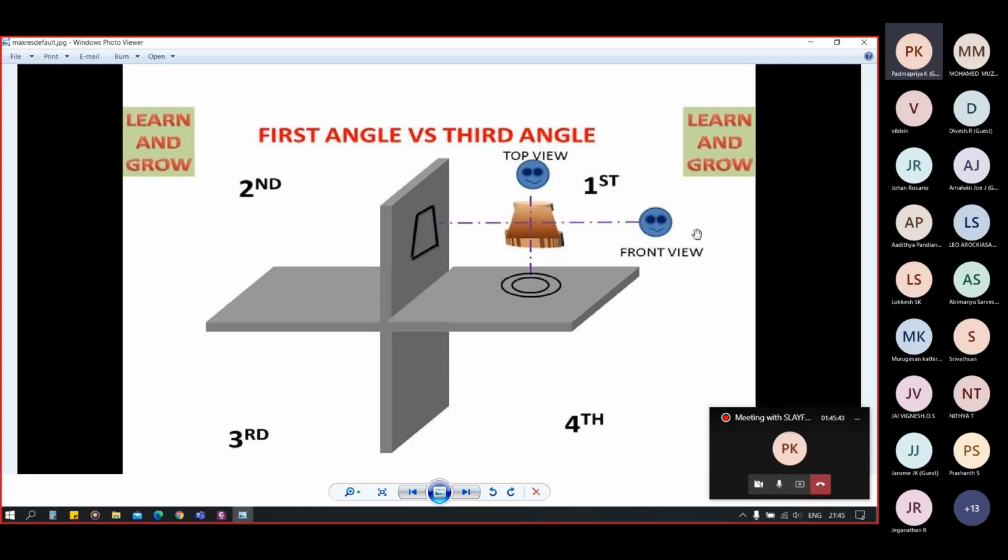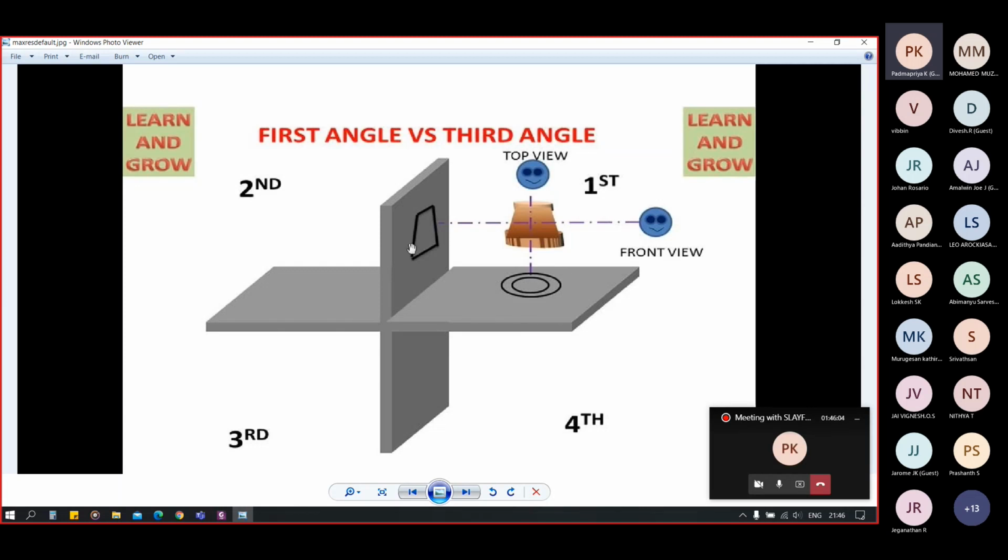So when we have our front view on our vertical plane, you can see it is the projection of the frustum of a cone on the vertical plane, and the top view from the top side is a projection of two concentric circles on a horizontal plane.